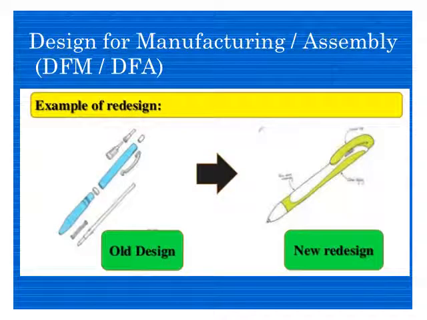Take an example of this pen. In the old design, if you see the blue pen, it has so many parts. This was actually the pen we used. The holder was a different part. It had small parts, whatever small parts you are seeing. All those parts were there in the old design. A small ring was there, a spring was there, so many parts were there.